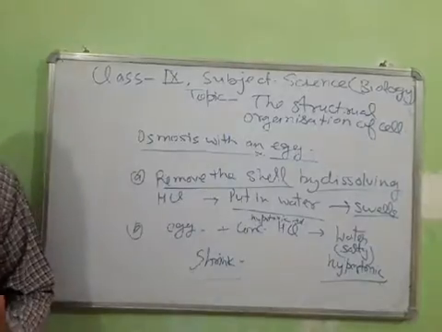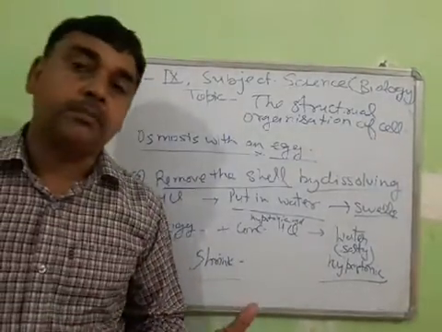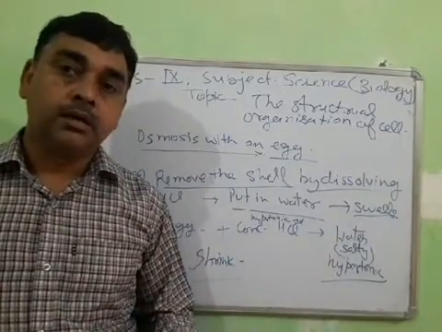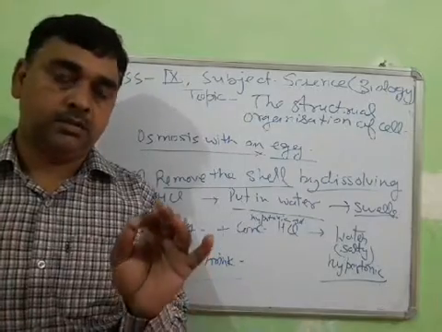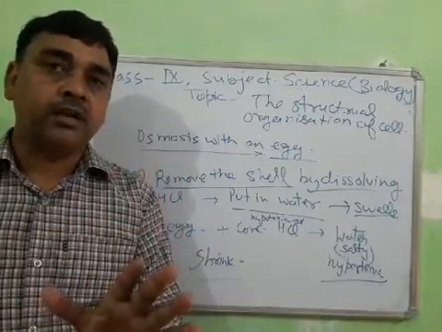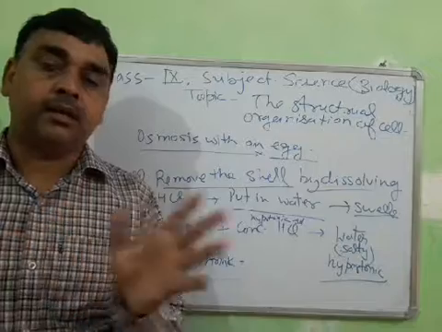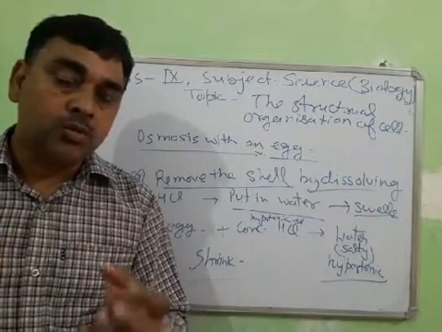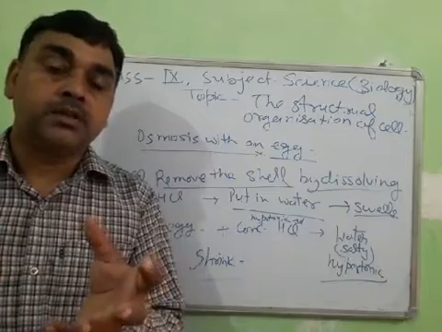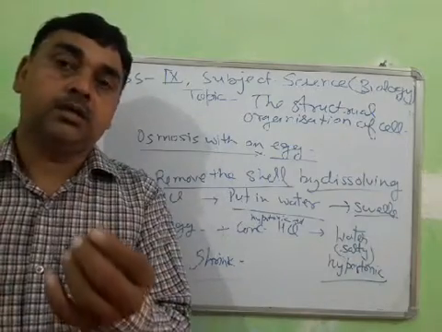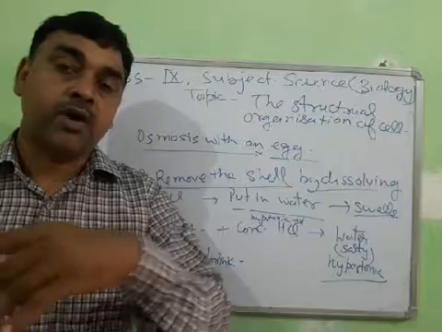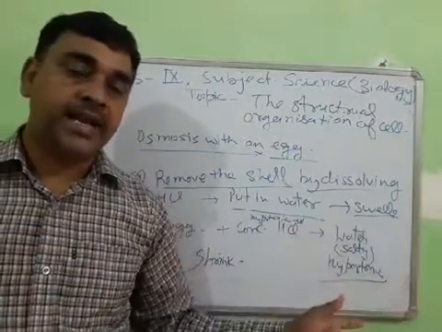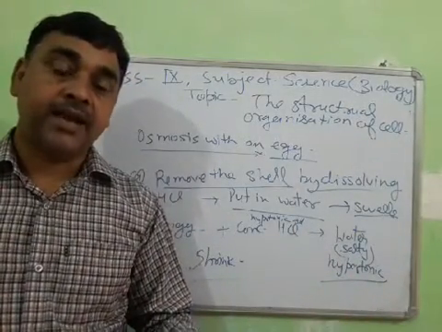What will happen? They will be swelled up. Why? Because the concentration of water is higher than inside the raisin. So the cell will swell up because the higher concentration of water will enter inside the raisin